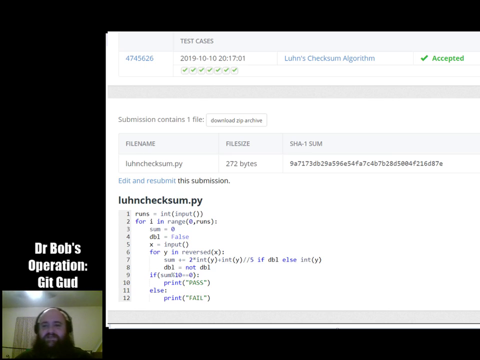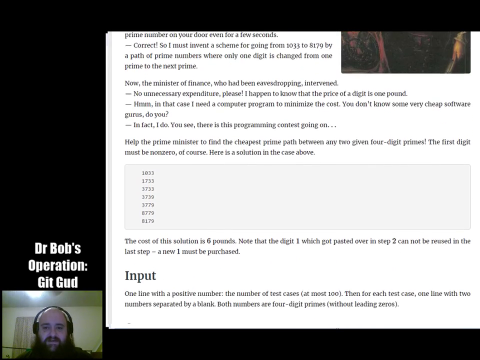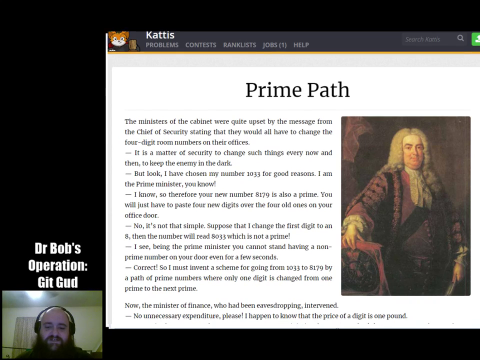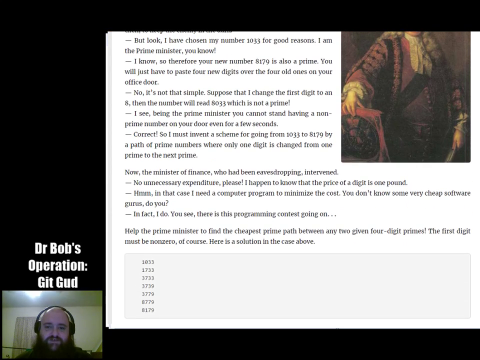So that's pretty simple. The next 2 problems we're going to require a fair amount of detailed talk. So here we go. Prime path. So the idea is you've got the, quote, prime minister, lol, who has a prime number on his door, and they're going to change it, but he wants to make sure that as you post numbers over the numbers, you will never have a non-prime.